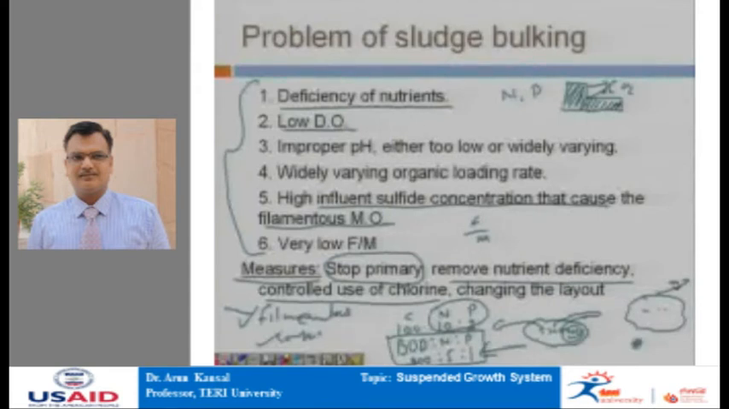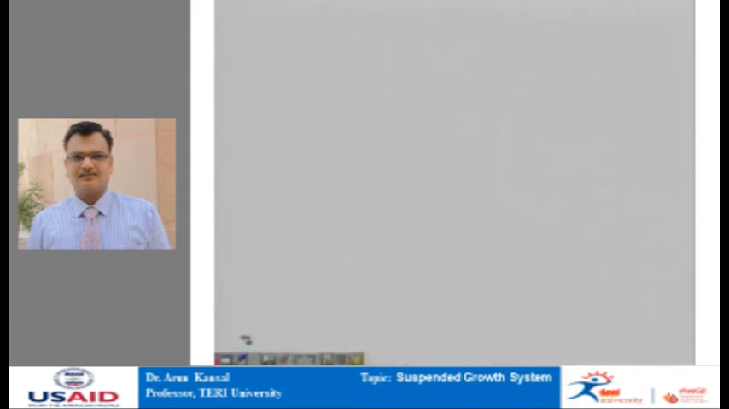Now let me explain this point in a little more detail: how changing the layout of the system will help. One layout is known as CSTR, that is, completely stirred tank reactor. Another kind of system is known as PFR, the plug flow reactor. CSTR ideally means that this is an aeration tank, wastewater is entering, wastewater is leaving, and we have a very high level of mixing, so that the moment the wastewater enters the system, it gets mixed with the bulk